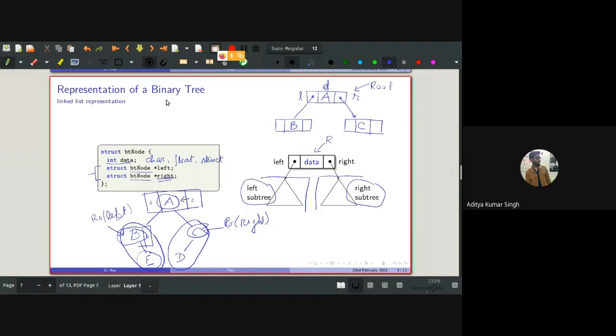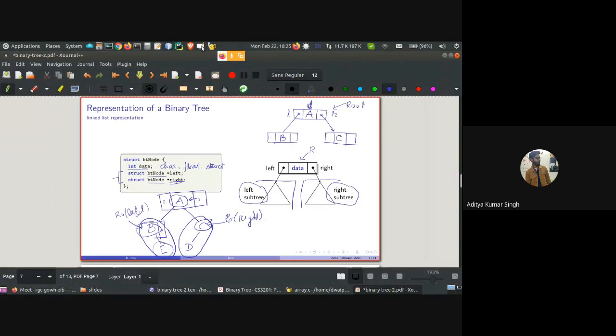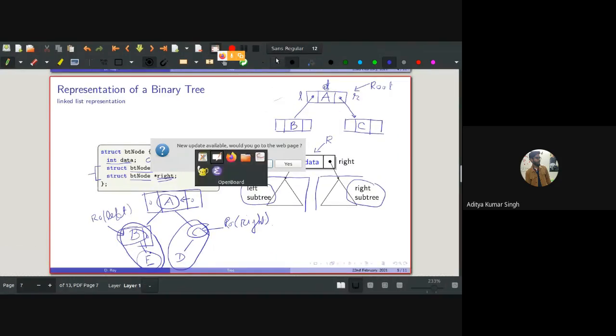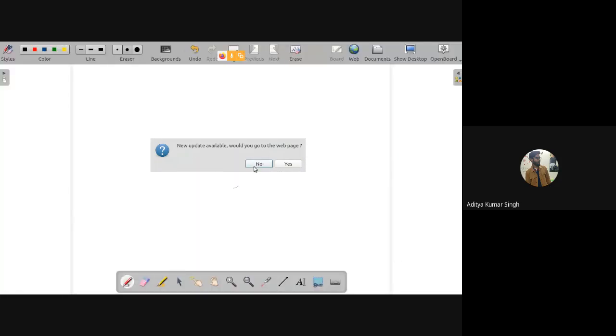So if an n-array tree is there, it may so happen that for some node there would be 2n nodes, so since we are using the same data type for all these nodes, we have to give 2n pointers for all the nodes in the tree, right? All the nodes in the tree. You are absolutely correct.